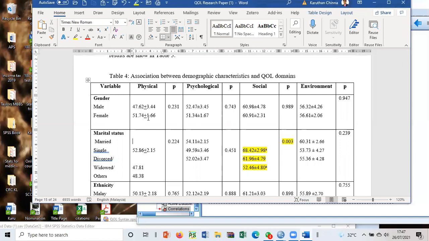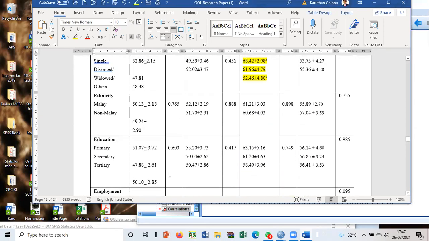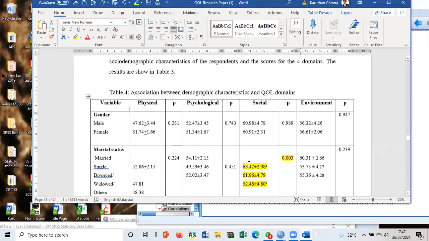Are you okay? Yeah. Okay. We must discuss every area, whether in the same direction we want, opposite direction, or not significant. Because it was chosen because they were in the literature. We find something not significant, only some are significant. I told you earlier that for environment, the previous study said education made a difference. The tertiary was lower compared to the other two. In this study, we don't see the difference. You can cite some other studies.